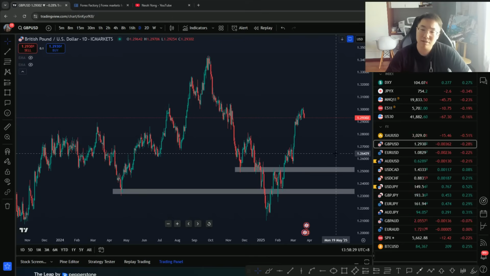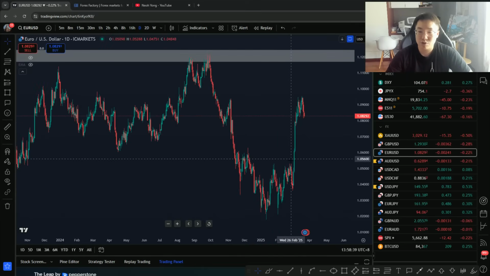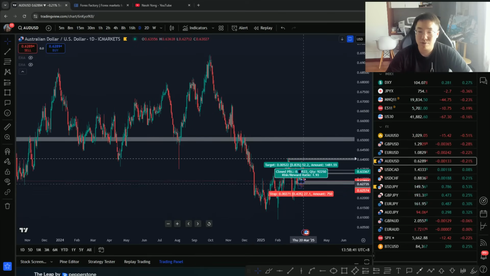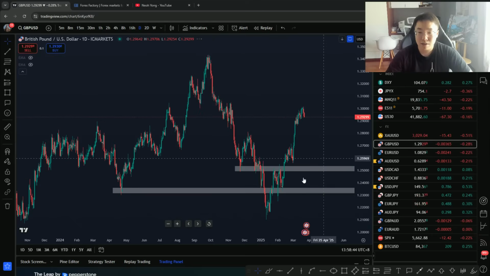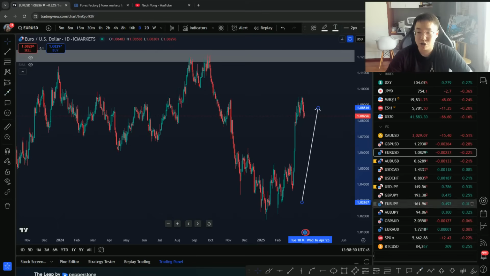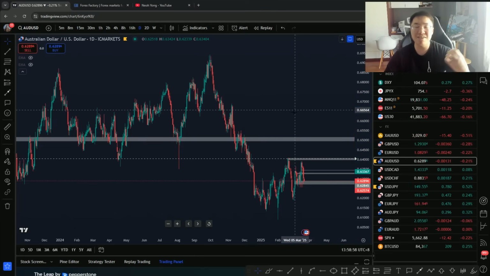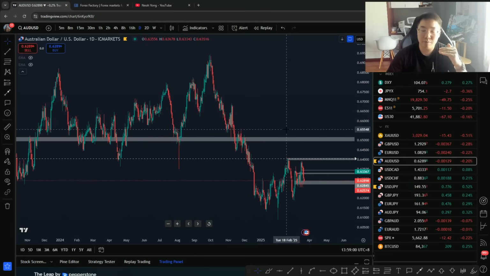You can just do a simple comparison. For example, look at GU, holding very strong for the past few weeks. EU extremely strong. AU is bearish. Again, pound dollar on the daily is going up, EU on the daily is going up, AU on the daily is going down. This is a simple way to really understand that the AXY, which is the Aussie currency, is just weak.